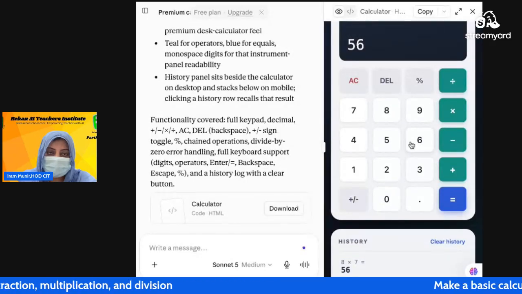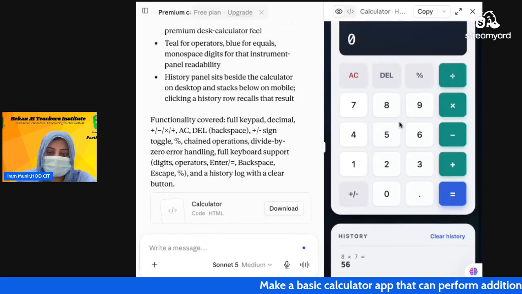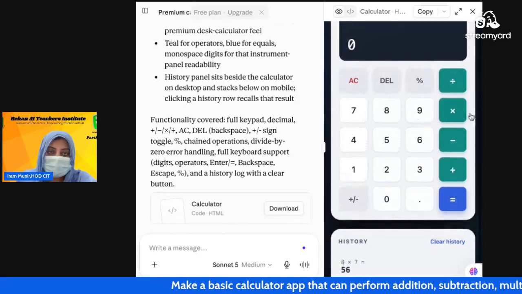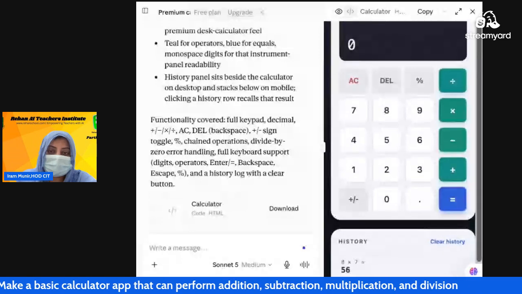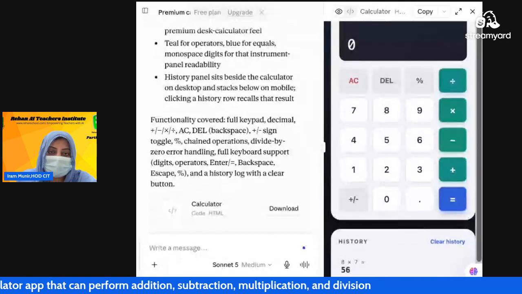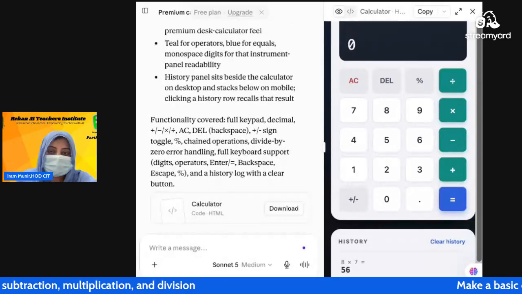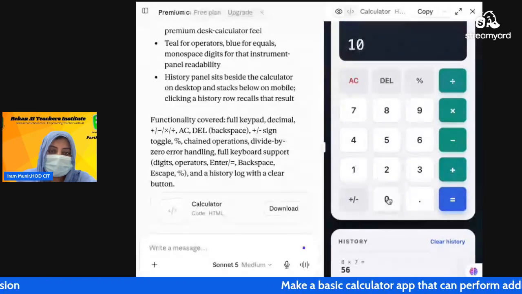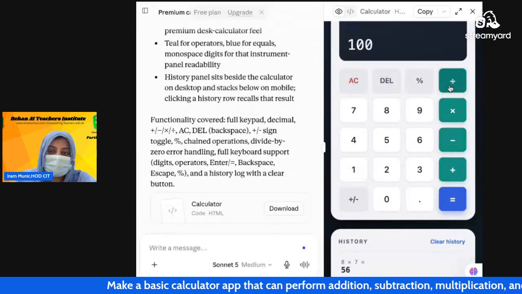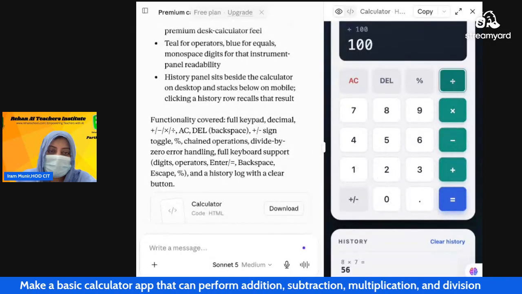Now we will remove this and move towards another function, that is division. We should divide some figures, like I will enter 100 divided by 4.